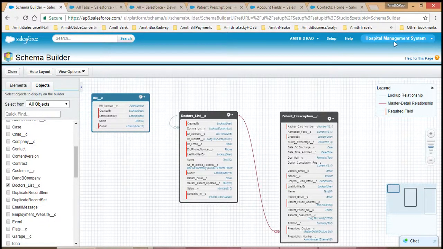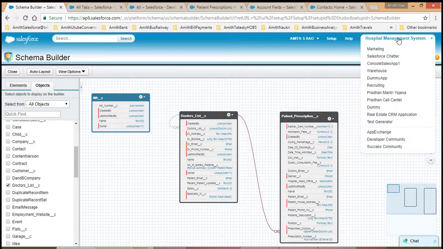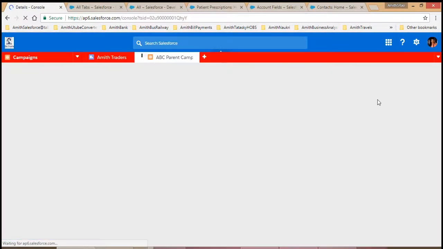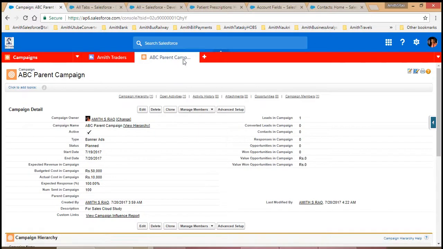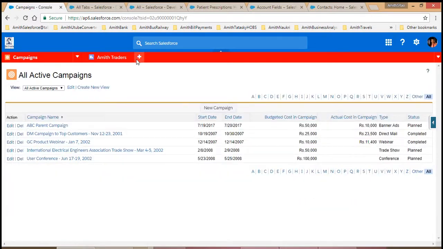Now if I talk about Salesforce Lightning, if you have a console application, for example over here I have Pradhan call center as the console application. Now how can I use the schema builder over here? Pradhan call center, if you go there, this is the